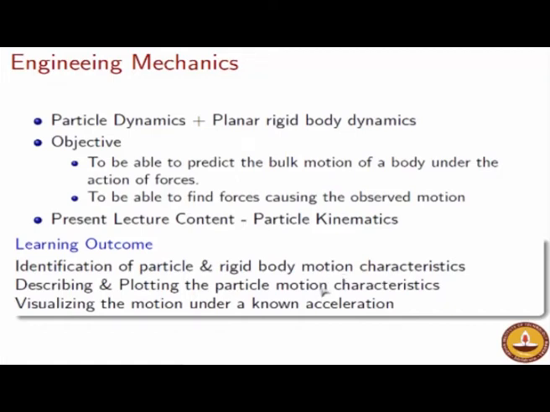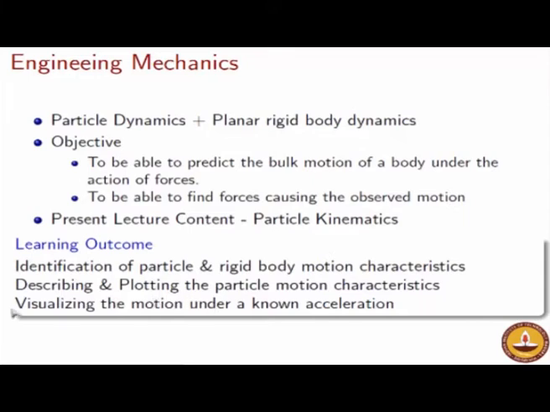What I'll show you in the next hour of the talk is how to describe particle motion characteristics. By description, you could mean that either I can talk and talk and talk about how the particle moves, or the better idea for engineers is to stop talking and to show a graphical plot. So the description for engineers would mostly be in terms of graphical plotting, which carries the information that this is how the particle is moving.